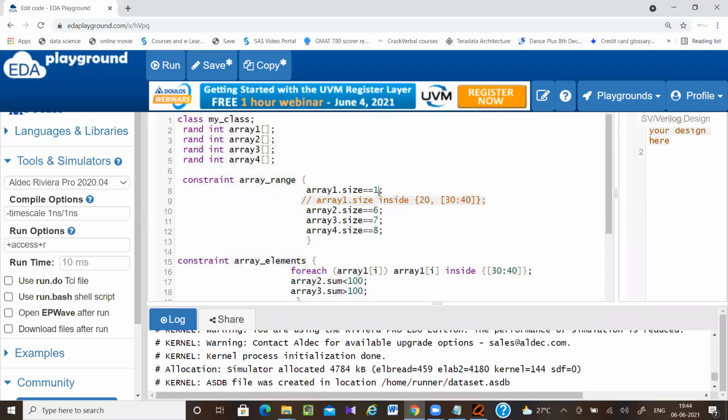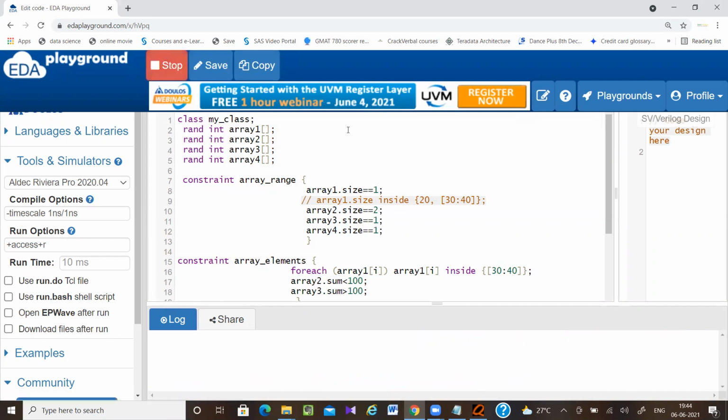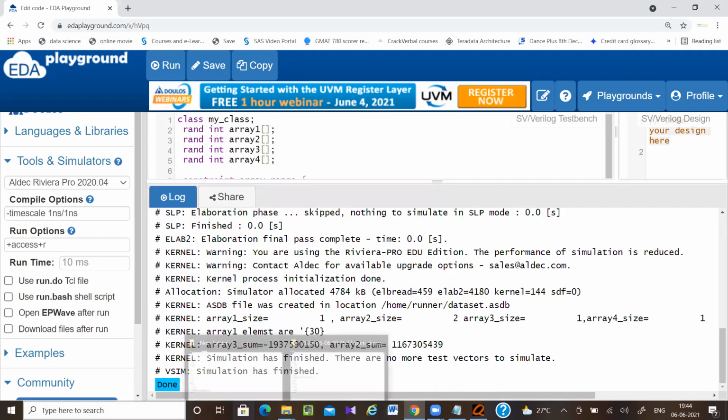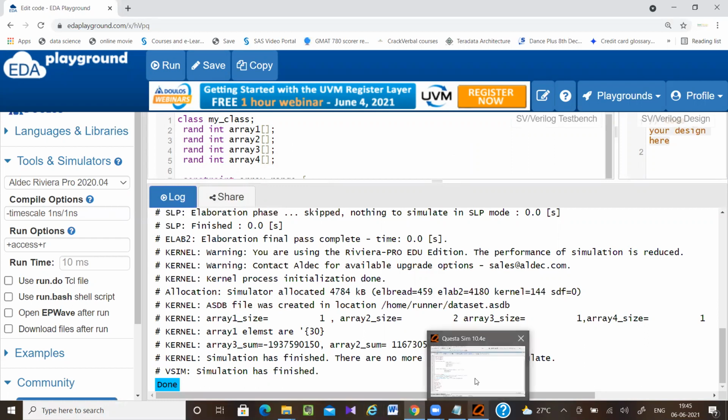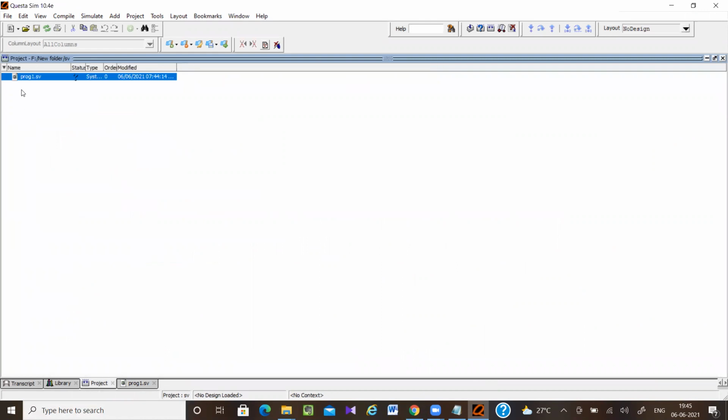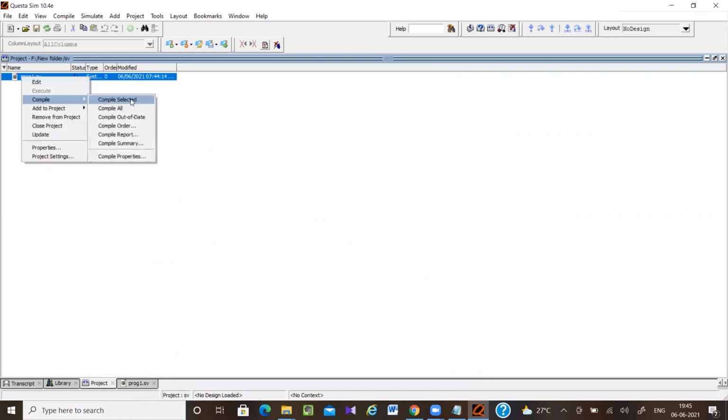If I decrease the size to something like 1, 2, then only it gives output. Maybe some issue with this software. So I have copy pasted the same code into QuestaSim to check the output. I'm getting the output, but if I write sizes like 10, 20, it takes so much time to compile and simulate. Now the same code with sizes 20, 30, 10, 25, I'm going to compile and check.